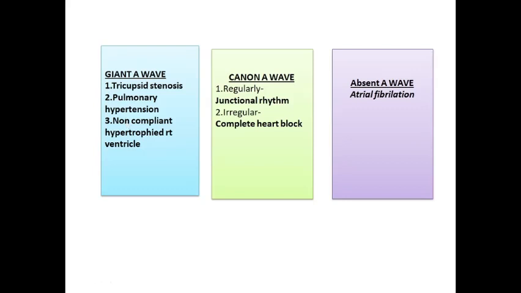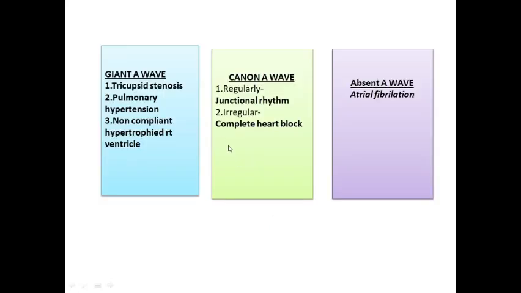When a cannon wave is produced, keep in mind that the heart is conducted by the SA node, AV node, bundle of His, all these things. When there is complete heart block, the conduction system does not work, so there is no wave from this to produce atrial contraction. So a cannon wave is produced by complete heart block, irregularly.